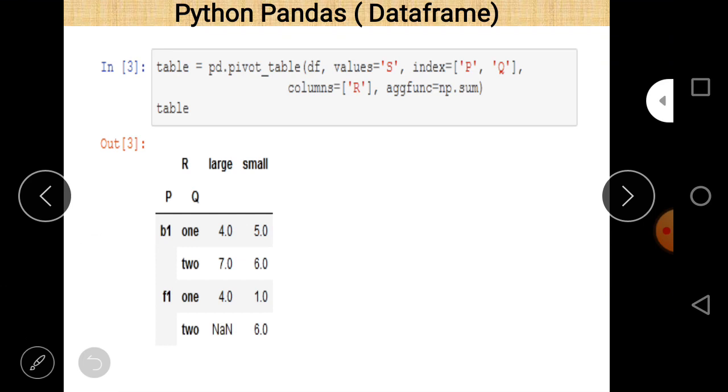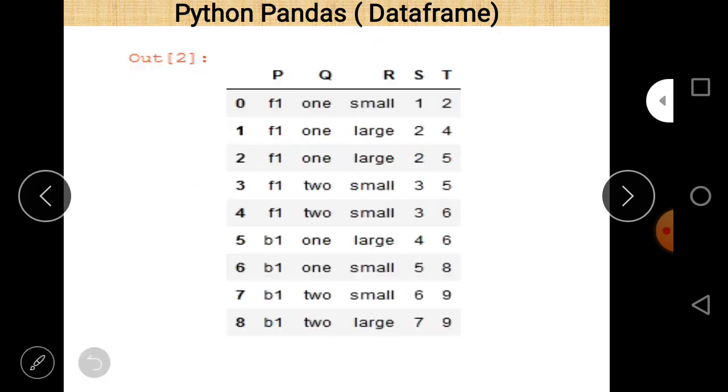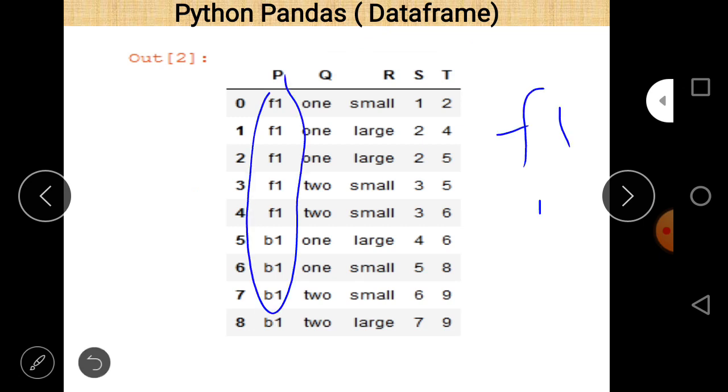Here df is a data frame, values are S, and index are P and Q. The values for P are F1 and B1, and for Q the values are 1 and 2.